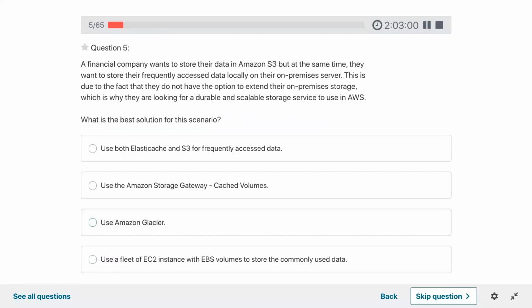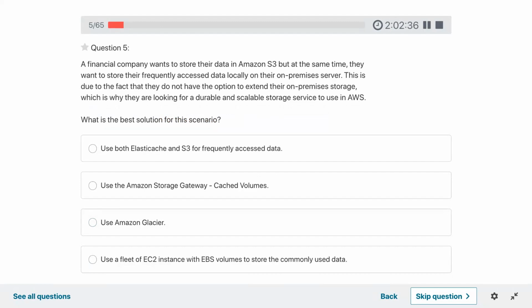A financial company wants to store their data in S3, but at the same time, they want to store their frequently accessed data locally on their on premise server. That is due to the fact that they do not have the option to extend their on premise storage, which is why they are looking for a durable and scalable storage service to use in AWS.